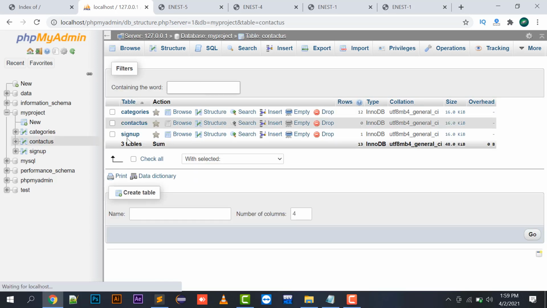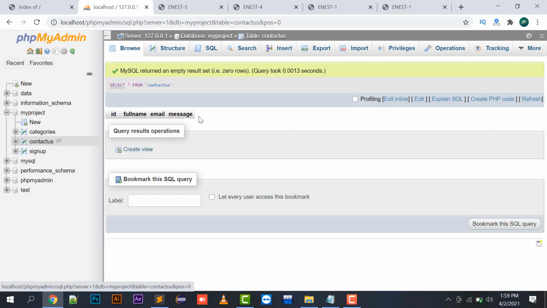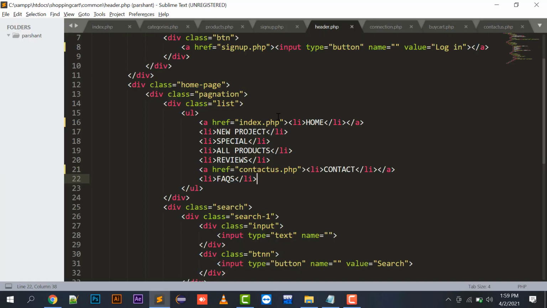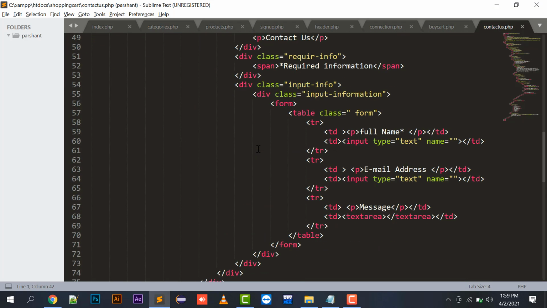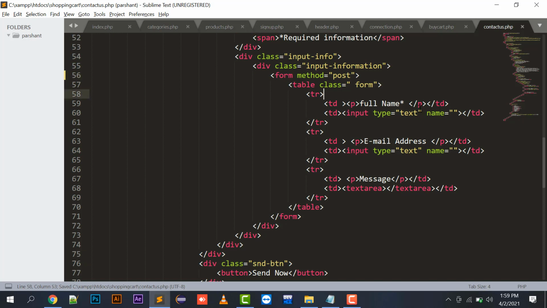So save. The contact has been saved, the table has been created. So moving to my contact us page, there is a form, and we can have form method post, and action will be the same. Now I'm going to assign some names over here.